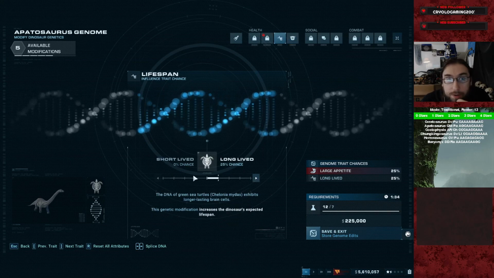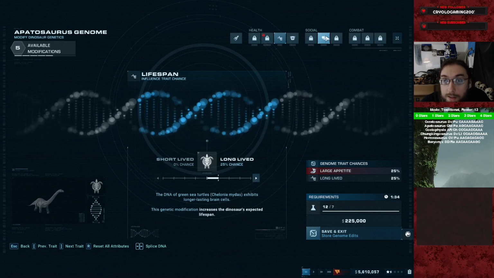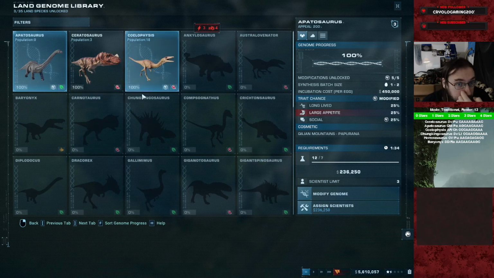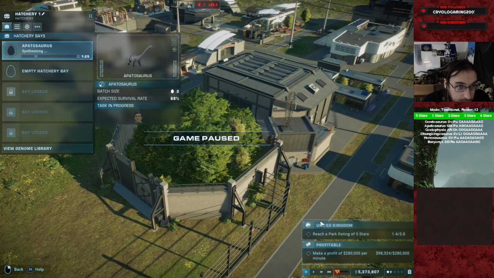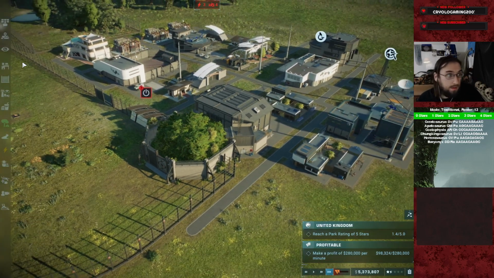Short-lived, one pip. AGC, AAC, plus one to social, and that's all we can edit. But if we get a social one out, we're good. We just need one, so it'll be the alpha for sure. We can synth only one batch right now. That's fine too. Let's do that. And then...